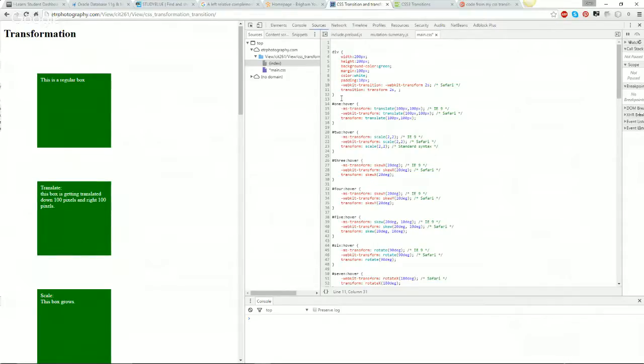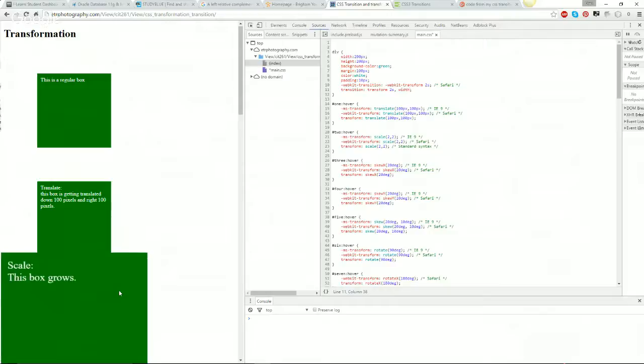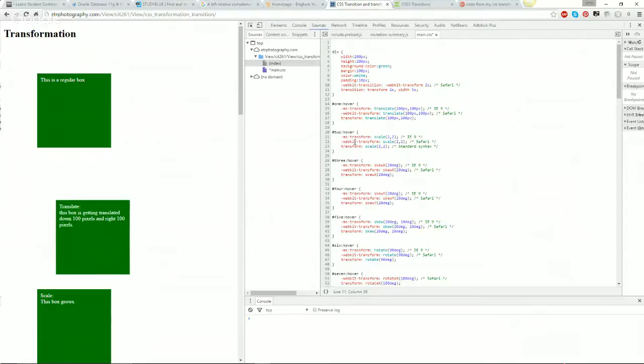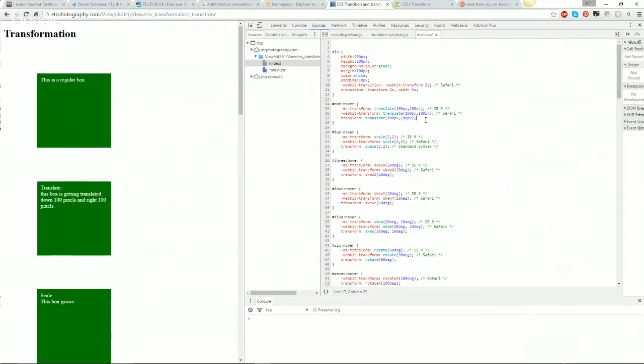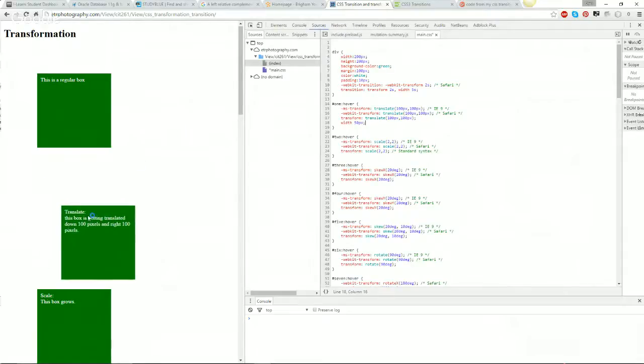Well, what you can also do is say, I want to affect the width. This one you could do with a scale like that. But it also might just be effective to change your width. So say width, I'm going to do, say, 5 seconds. And then this translate one, we're going to change the width of that. We'll say width, when it gets hovered, it's going to change to, let's say, 50 pixels. So when it hovers,